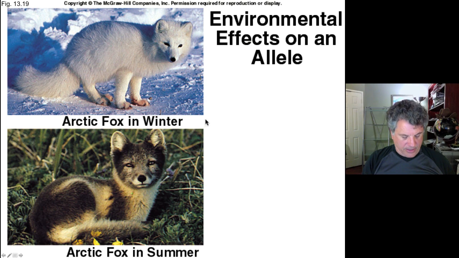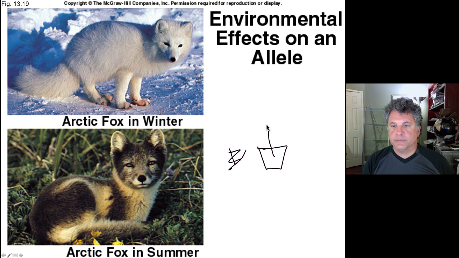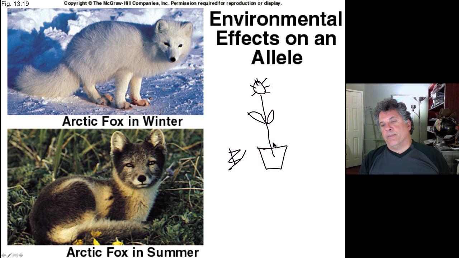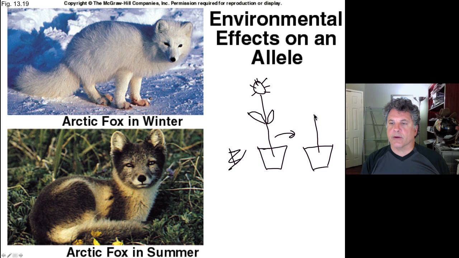Let's imagine that you have a plant here. There's a little flower on it, let's say, leaves. And you clone that plant by, plants are easily clonable by grafting, by taking a small section of a branch and cloning that plant, such that you have two genetically identical plants now growing. So these are genetically identical.